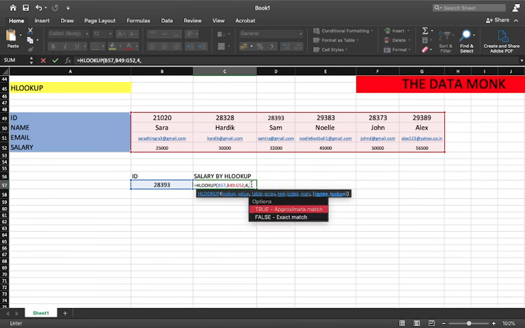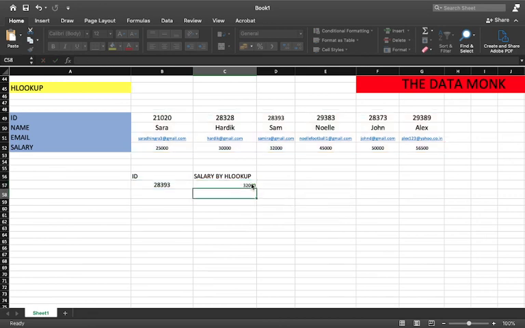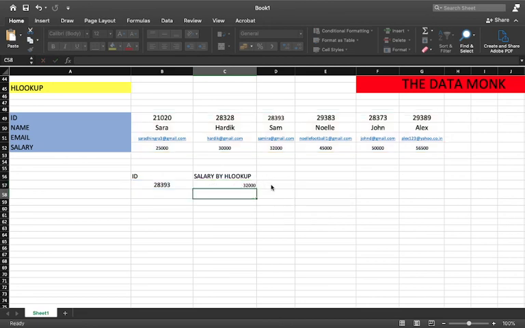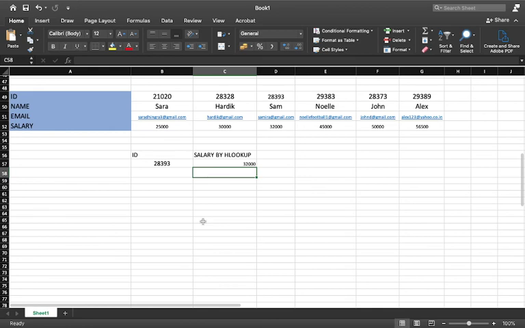And then we have the exact same options as in VLOOKUP, that is, TRUE stands for approximate match and FALSE stands for exact match. First, let us look for exact match, that is FALSE, or you can even write 0. And if you see, we have got our value which is 32,000, right?